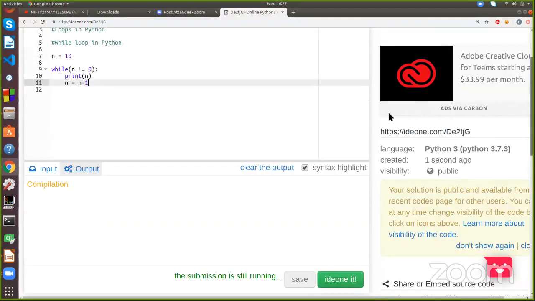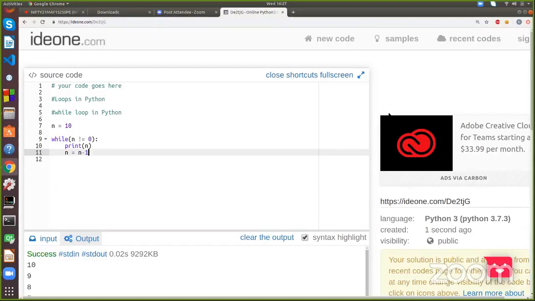Okay, so let's move now with the while loop. Let's see while loop. It's also a sort of loop which we use if we want to do anything repetitive number of times, then we use while loop or for loop, but it depends. Where we use for loop or where we use while loop depends completely upon you. If you want to use while loop, you can use while loop. If you want to use for loop, you can use for loop, not a problem.